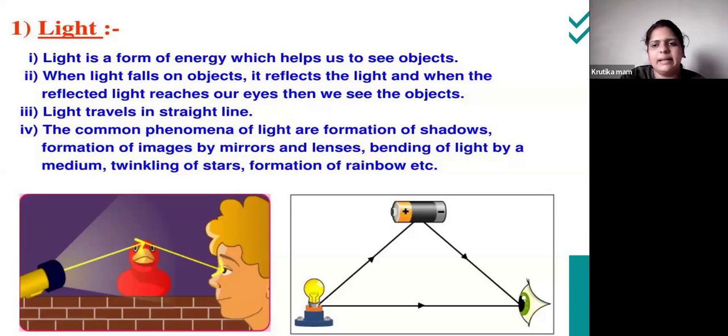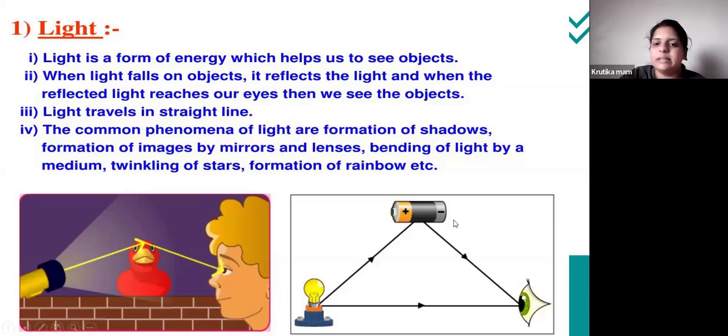You can see two examples in the picture below. You can see the first figure. So one bird is sitting there. On that bird, the light is falling. So here you can see, you are able to see the light is falling on the bird. Then later, that light, in the light what happens to the bird, it reflects and reaches a person. So when that reaches a person, the brain will recognize that there is a bird.